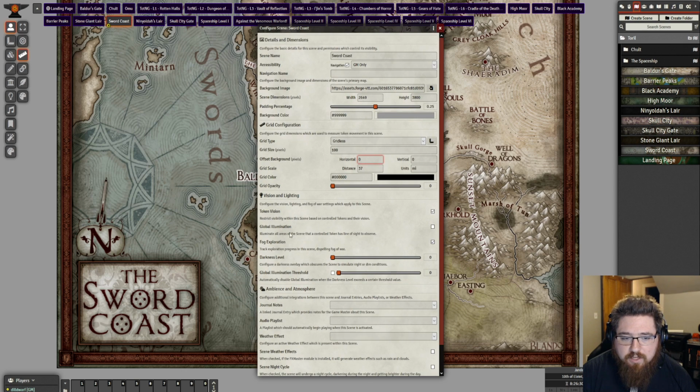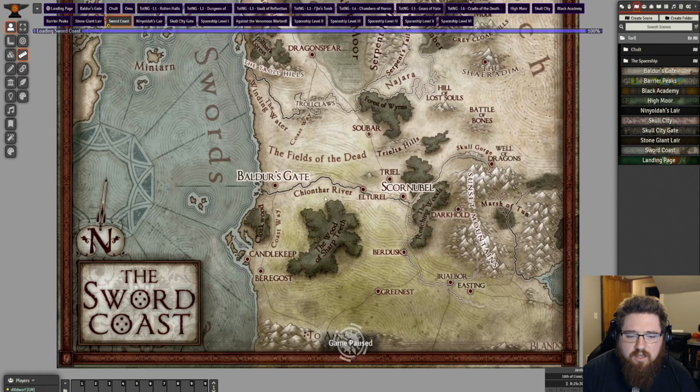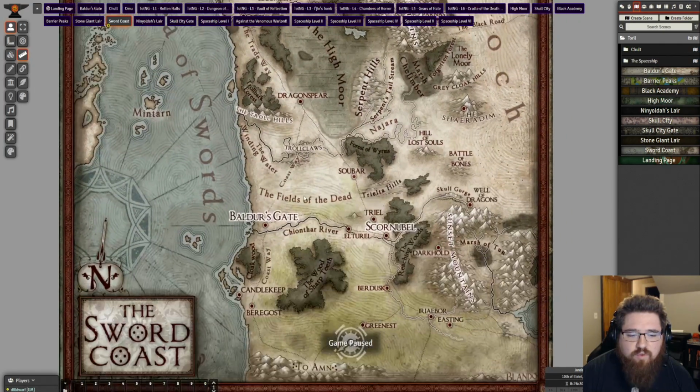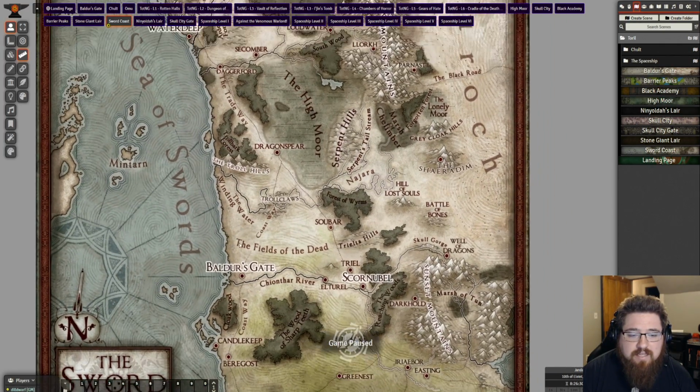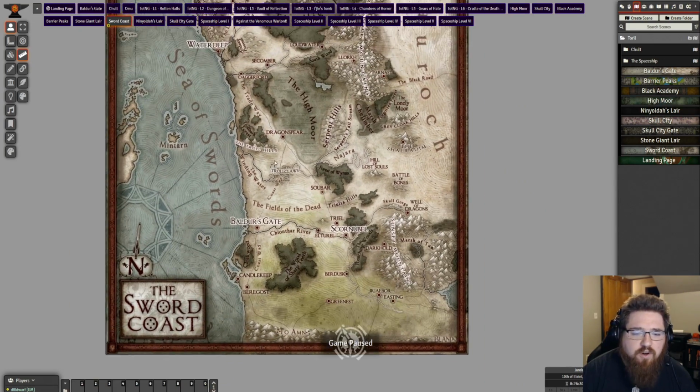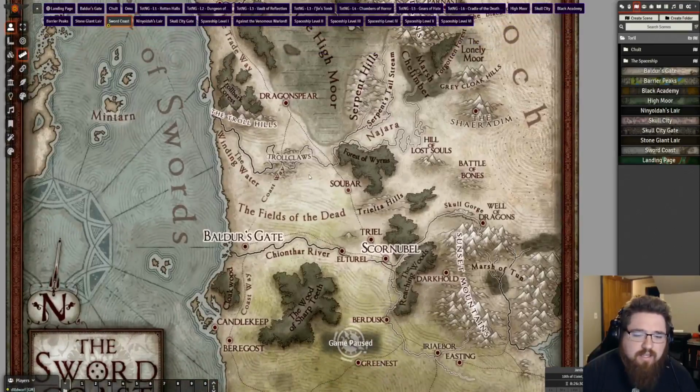And also I'm going to make sure I set my global illumination on the, actually, you know what? We can just turn those off. I do want to keep the, no, you know what, this one is not going to be fog exploration. This is a high traffic area. I think if you grew up living in Baldur's Gate or in this area, you just kind of know where all these things are. I don't know if they would teach it in school. I'm not going to hide this